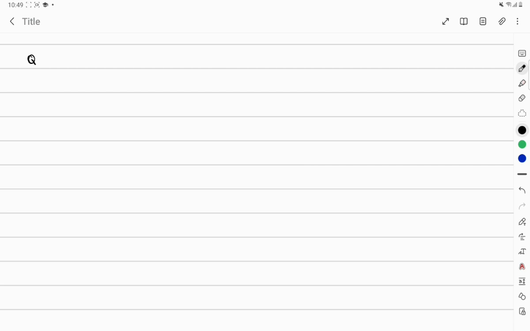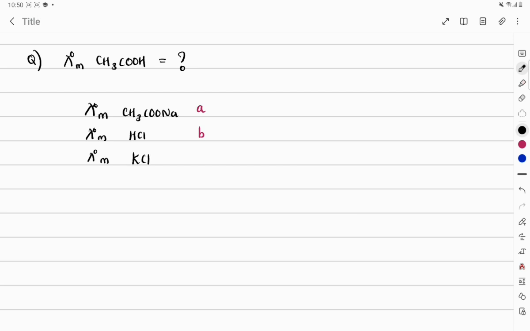So the question is, you need to find which of the formulas will give lambda 0m value for CH3COOH. Given that lambda 0m value for CH3COONa is equal to A, lambda 0m value for HCl is equal to B, lambda 0m value for KCl is equal to C,